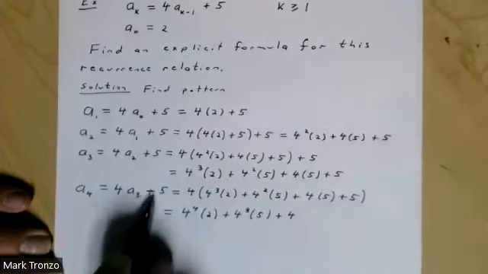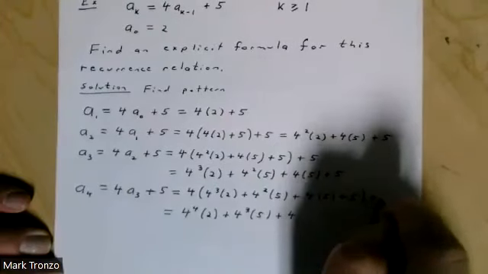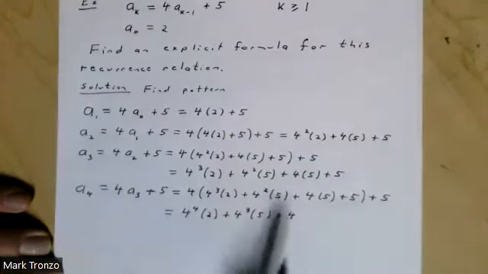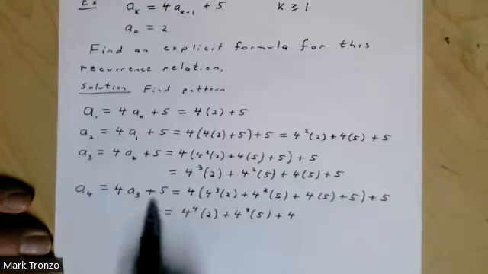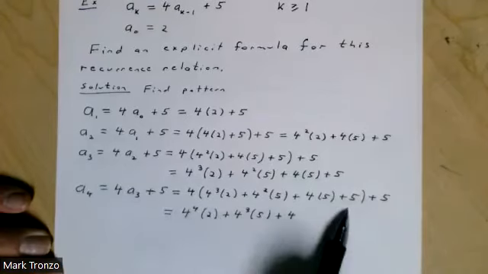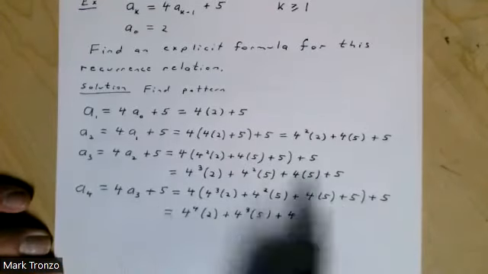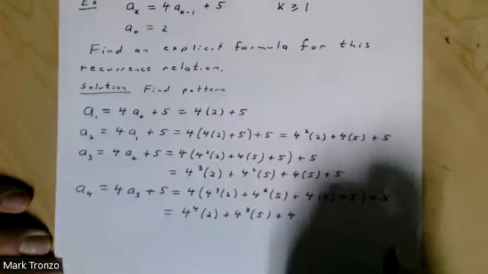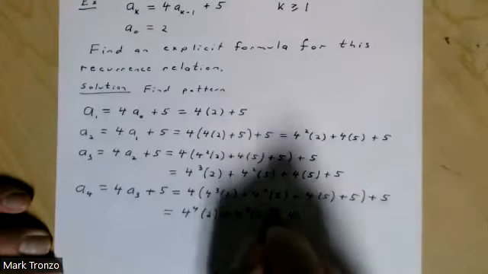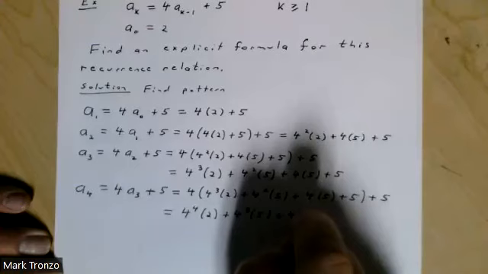Oh, by the way, I forgot this 5. There's an extra 5 right here. It's easy to miss that. This is 4A3. A3 was this plus our 5. Now when we distribute the 4,